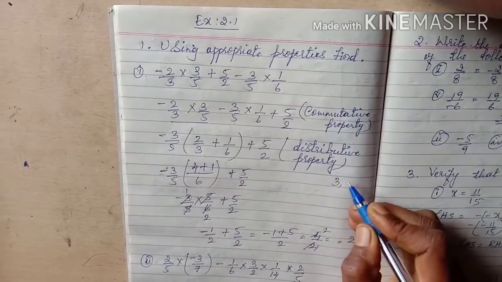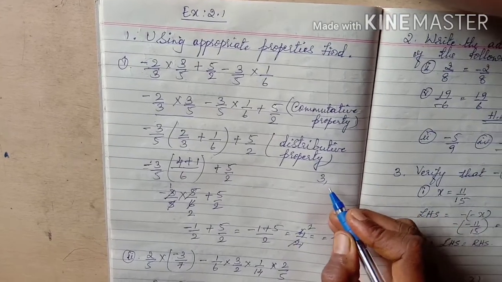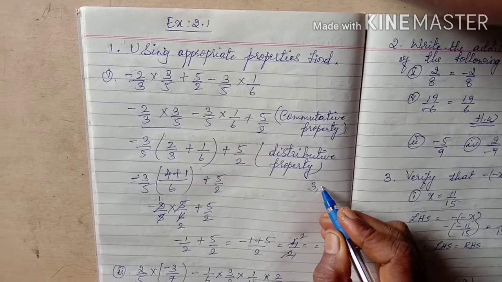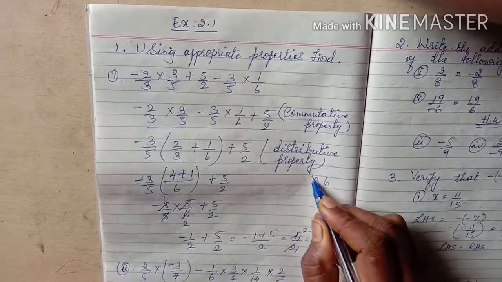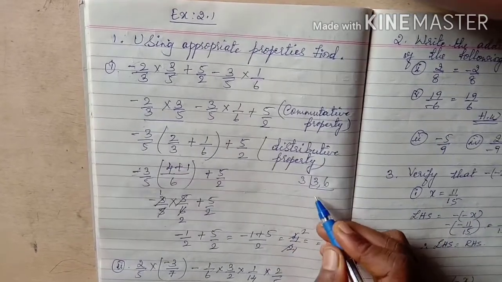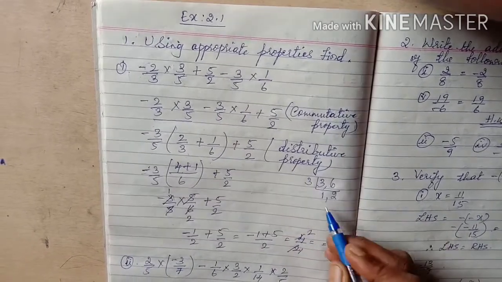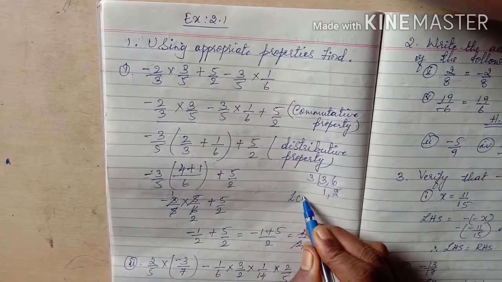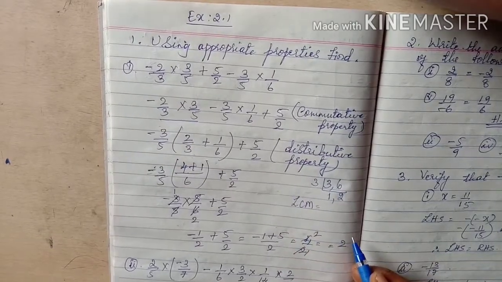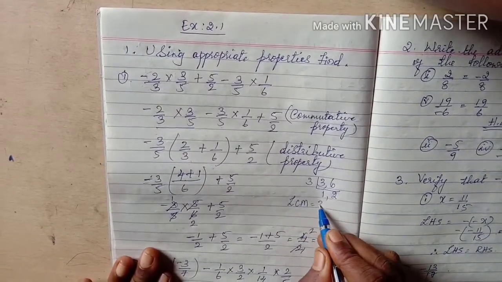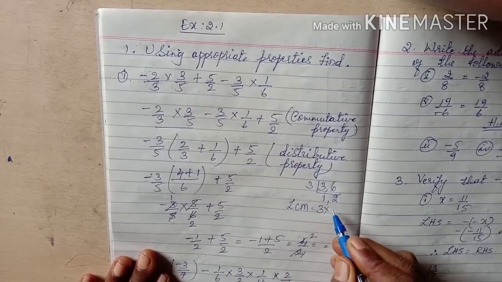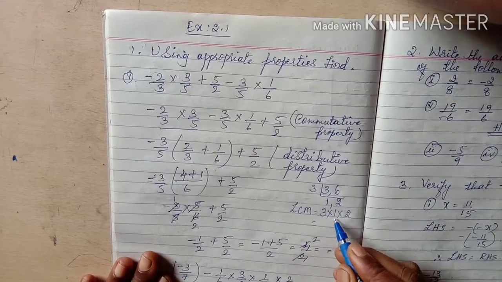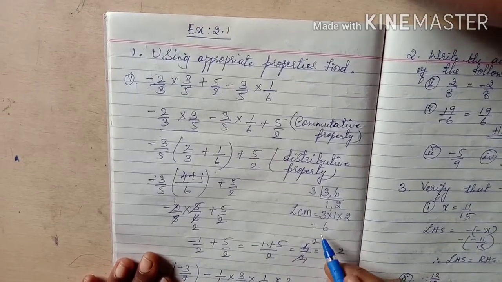I hope you are all understanding. If you don't know LCM, you can ask me personally and I will teach. See, here I am teaching 3 and 6. What is the LCM of 3 and 6? 3 ones are 3, then 3 twos are 6. The product of these is nothing but the LCM. I hope you all studied this in the previous class. If you don't remember, no problem, you can ask me and I will teach that. So 3 ones are 3, 3 twos are 6. 6 is the LCM, children.